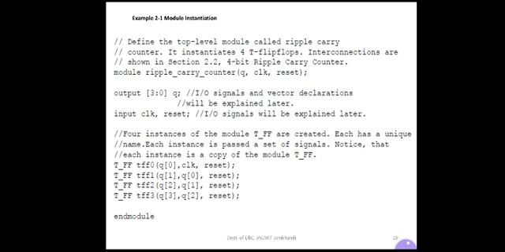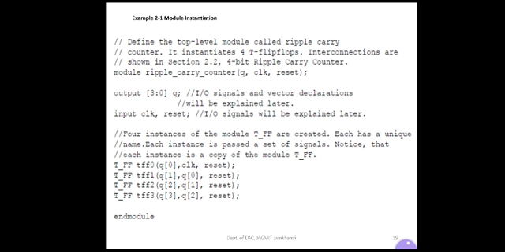As in our block diagram of a ripple carry counter, we have 4 different T flip-flops, and the names of those blocks in the diagram are TFF0, TFF1, TFF2 and TFF3.